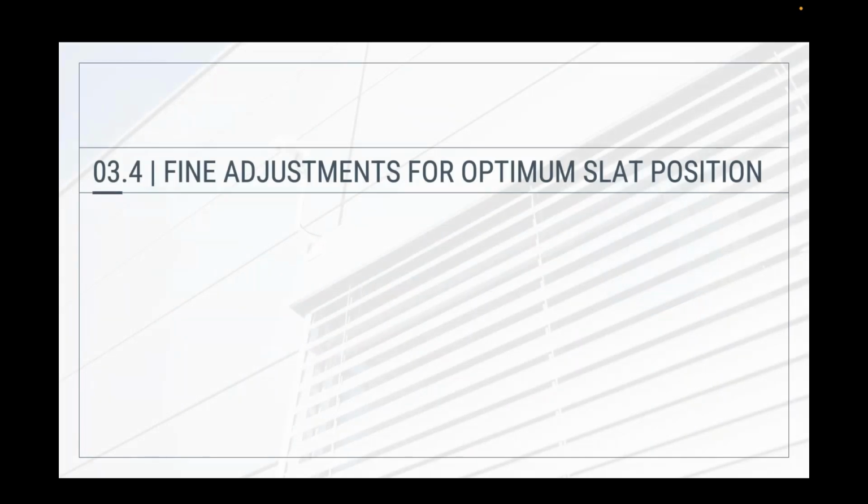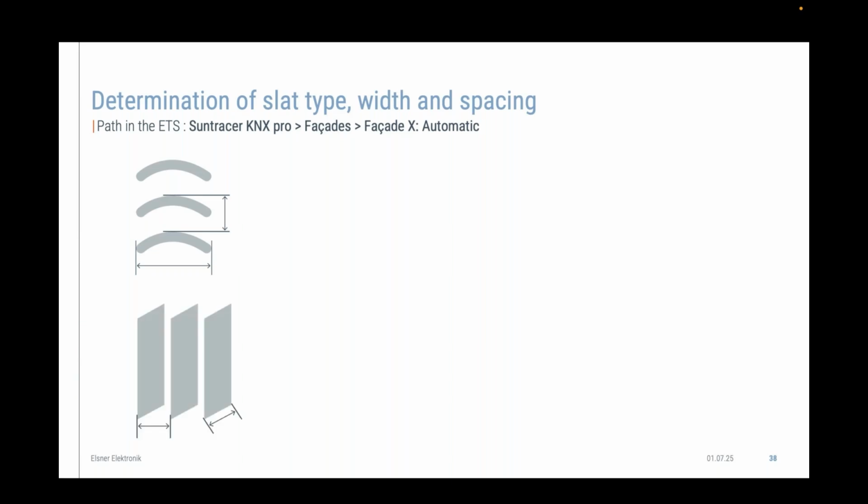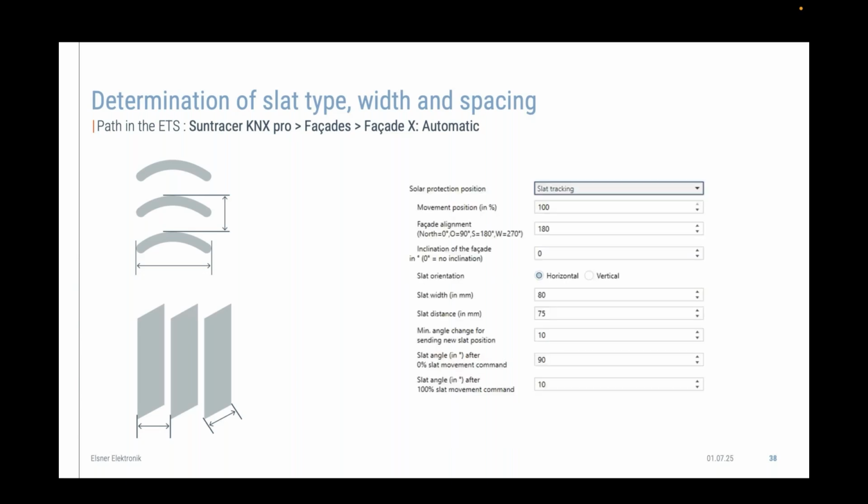The fine adjustment for the optimum slat position. First up, we need to determine what kind of slat type we actually have. To do this, we can measure the width and, for example, the spacing. It's important to note at this point that we can use horizontal, but we can also use vertical blinds to integrate into the facades. So both types of shading can be controlled, and that will help ensure that no direct sunlight will shine into the